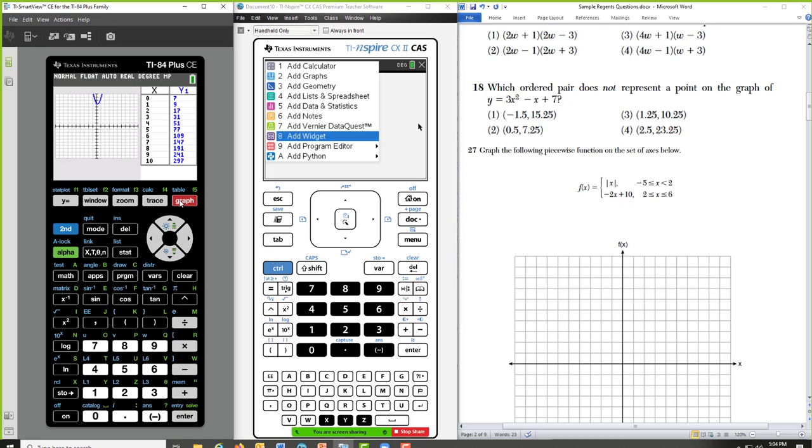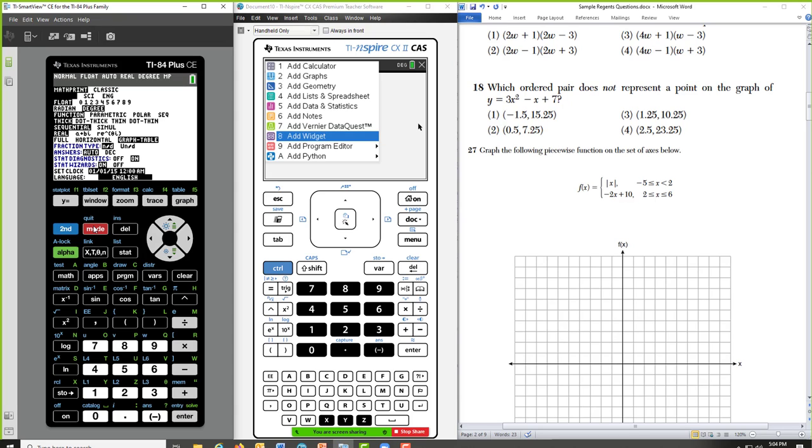Now, I did want to show this. This is how I leave my 84 Plus CE. I split the screen so I have a graph and a table showing simultaneously, and I put on the grid lines. So if your 84 CE doesn't look like this, real quick, when you go to mode,